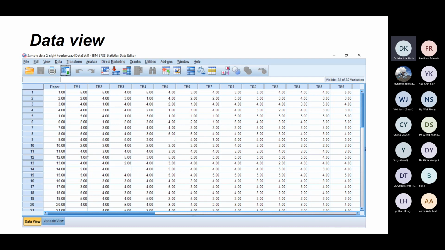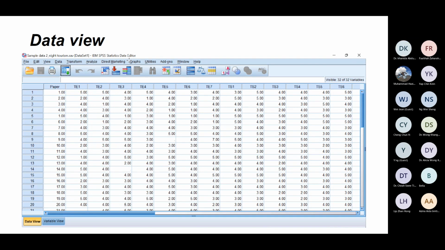TS is representing tourist satisfaction. Variables 1, 2, 3, 4 are the rest. So over here, I have 32 variables. If you look at the bottom right side, you see visible 32 of 32 variables. It means that I have 32 questions.